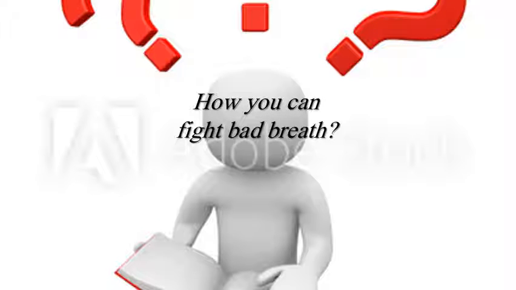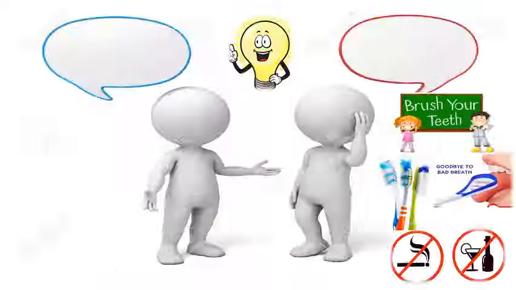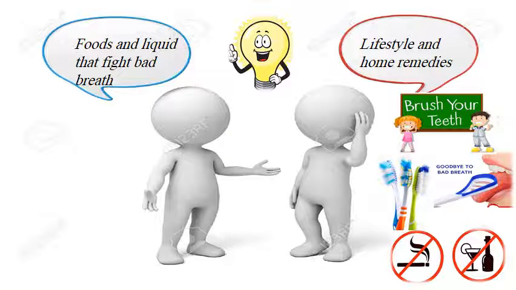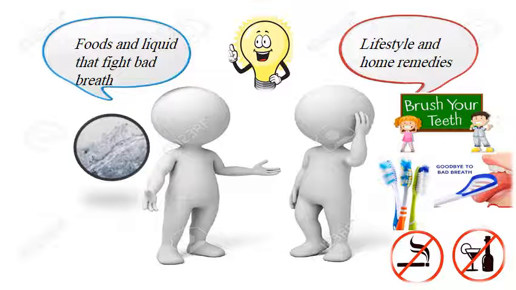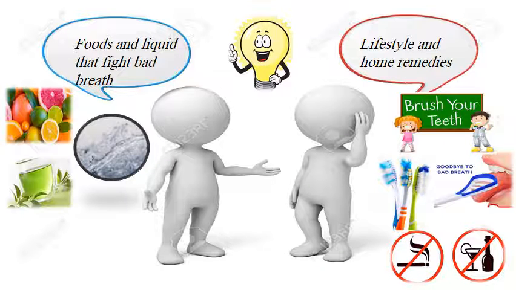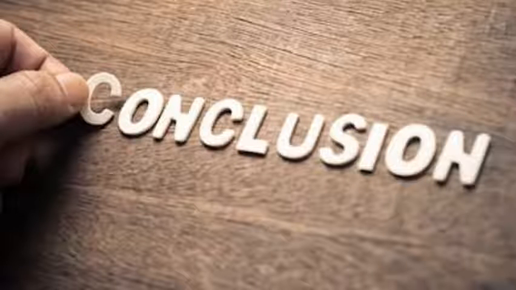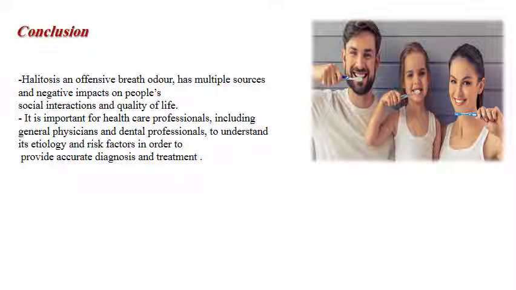How can we fight and prevent development of bad breath? This can be done by changing the lifestyle, by brushing your teeth twice daily, interdental cleaning, tongue cleaning, avoiding smoking, alcohol, and regularly visiting the dentist, or by eating food that fights the bad breath, like drinking a lot of water, eating lemon, drinking green tea, and eating fruit and vegetables. As a conclusion,